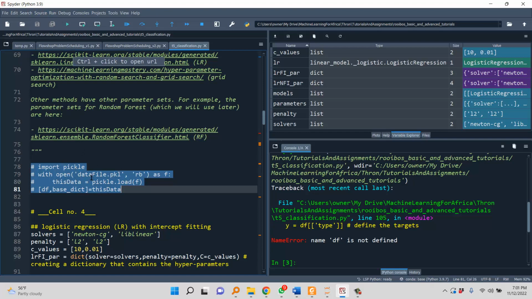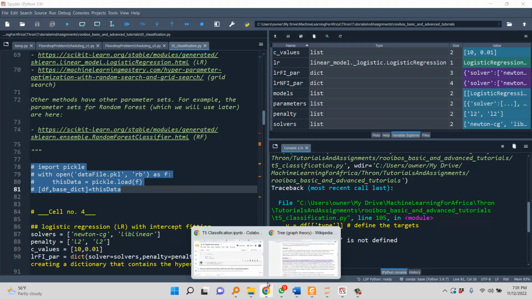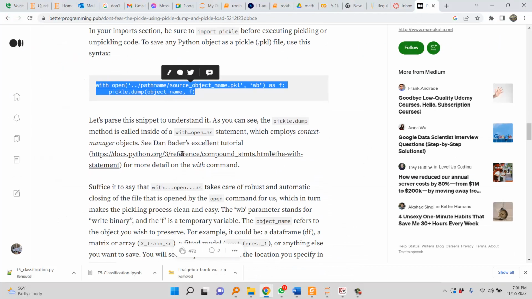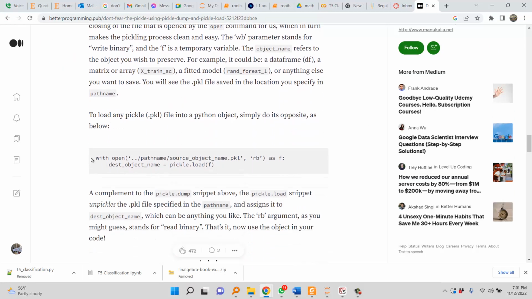You would have to put this in. These commands you can find also in that same web page that I showed before. Don't fear the pickle. Where is that? It's right here. It gives the, so here you can see it's very similar. You open the file name. The RB means you have a read permission, and you open as F, and then this recovers your data